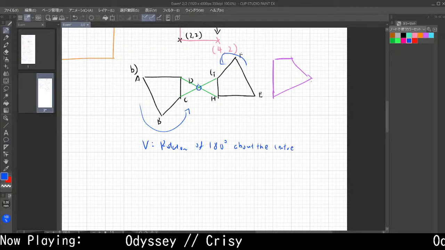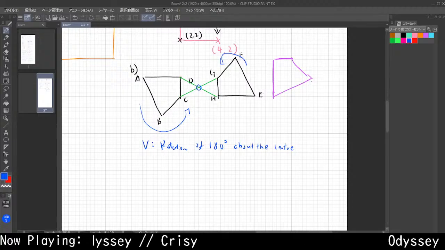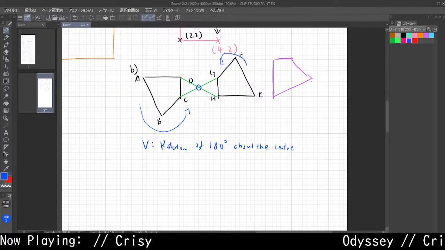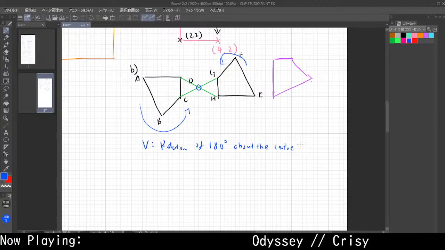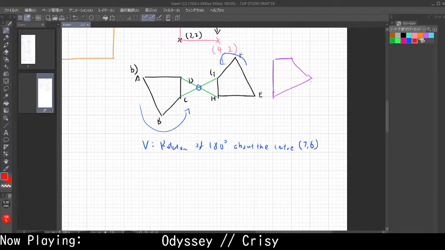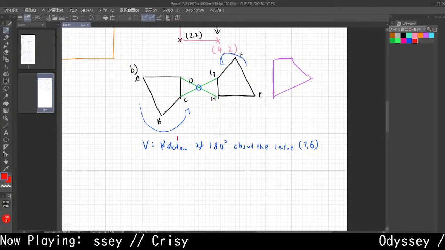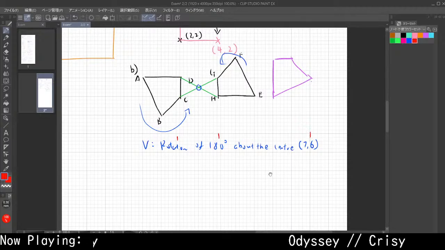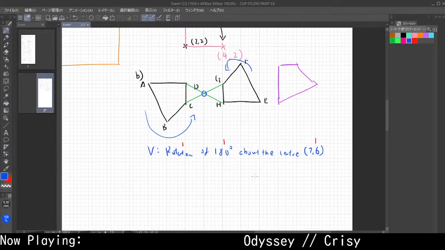So if you read your graph given the question, it will be 7, 6. So therefore the center of rotation is 7,6. Then this will be the whole complete answer. Rotation by itself gives you 1 mark, 180 is 1 mark, center is 1 mark, so 3 marks in total for one transformation. Next,